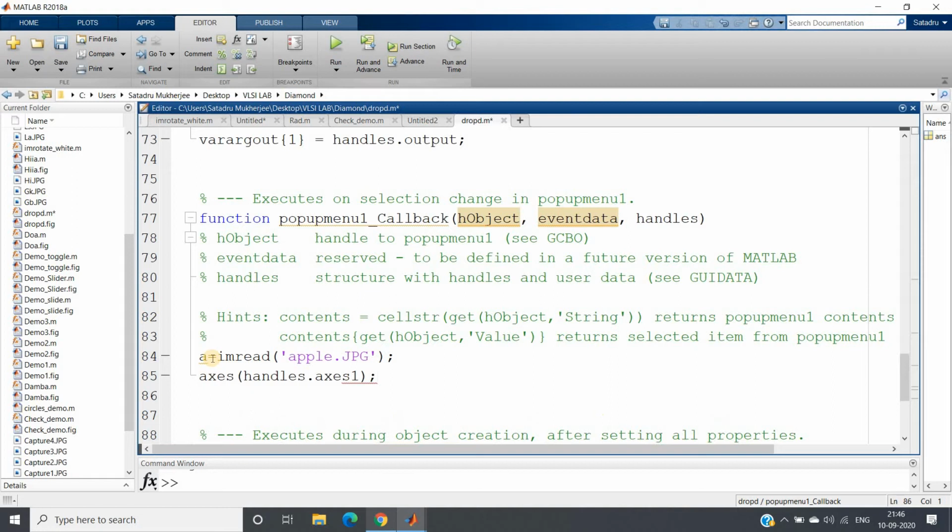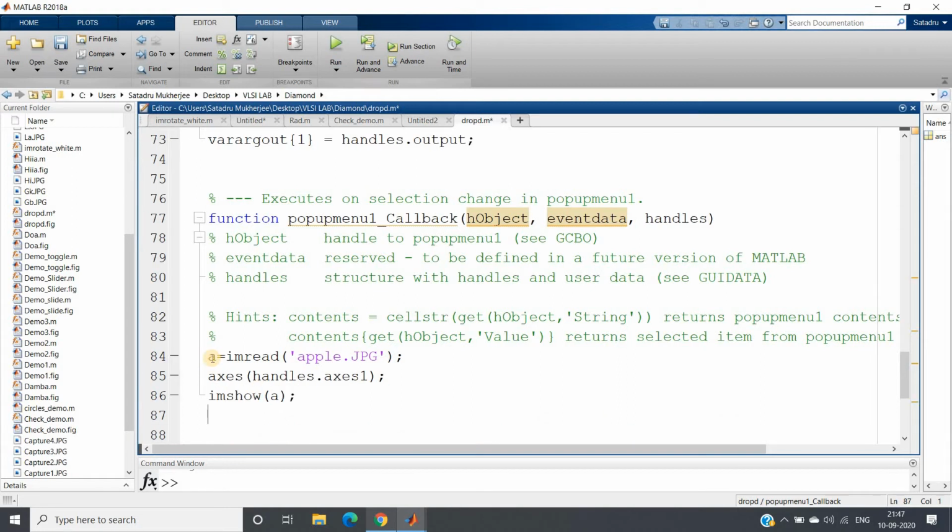So in the first axis I am always going to show my original image, and in the second axis I will be showing based on my option, okay? Whatever option I will be giving. And how to get the option? See here in the hints part it is clearly written get h object value. Just copy this and paste it here, okay?